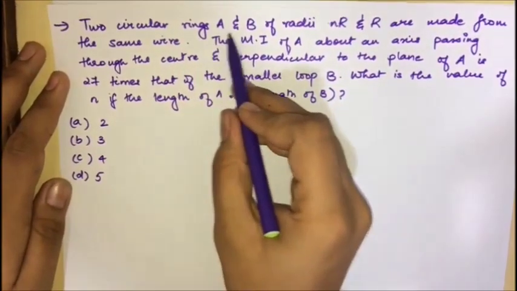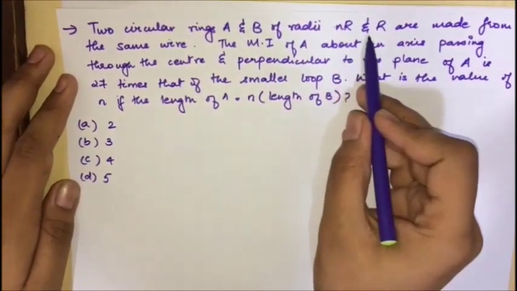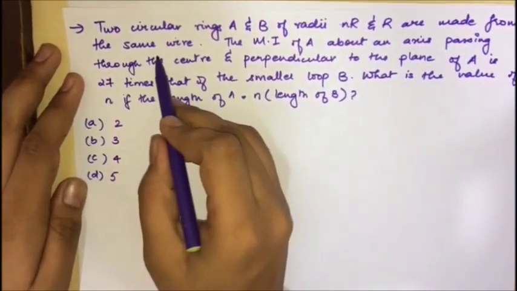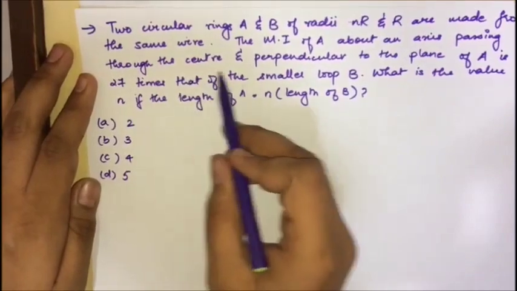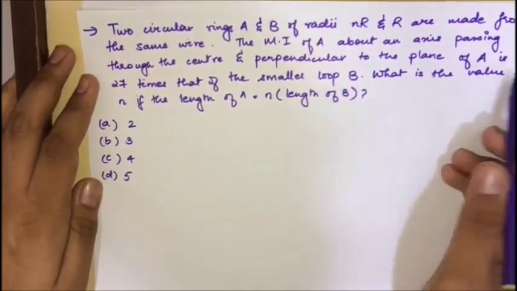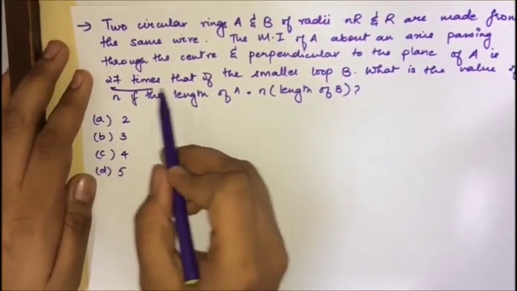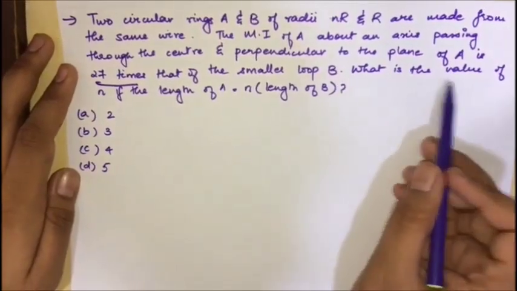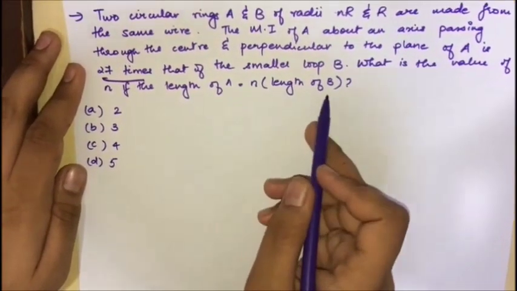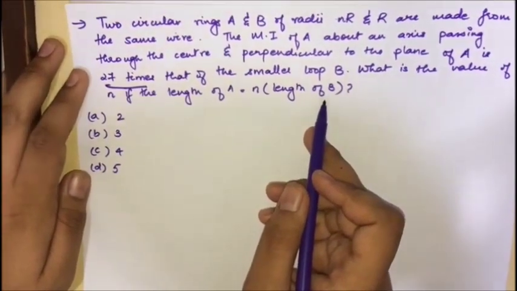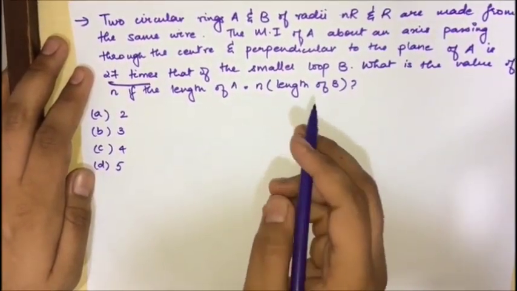Two circular rings A and B of radii NR and R are made from the same wire. The moment of inertia of A about an axis passing through the center and perpendicular to the plane of A is 27 times that of the smaller loop B. What is the value of N if the length of A is equal to N times the length of B? Now to solve this question, we know that